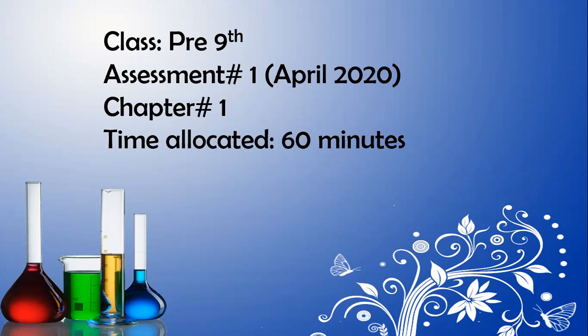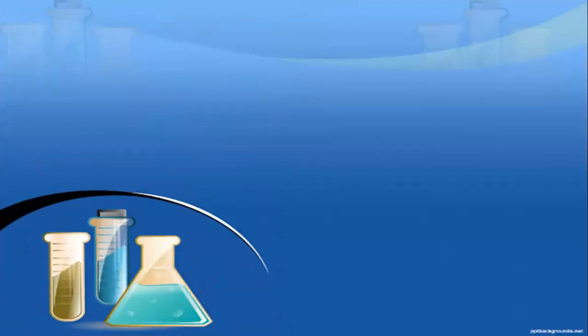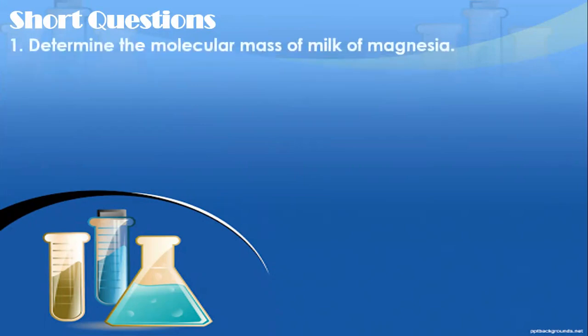Dear students, I'm going to take an assessment for the syllabus that has been covered in the month of April. The chapter is number 1 and the time allocated is almost 60 minutes. You have to solve this assessment in almost 60 minutes. This assessment comprises two sections, short questions and long questions, on the pattern of Federal Board. You have to solve this assessment on loose sheets with the help of markers and a blue or black thin tip